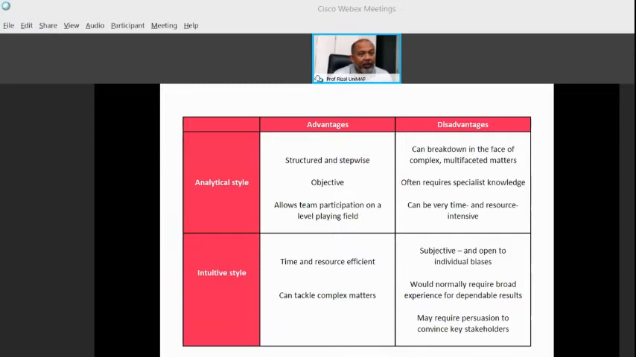And whereas from A to B, for a lateral approach, there is no obvious route from A to B, from the problem to the solution. And Edward de Bono is the person that proposed the idea of lateral thinking. He said,